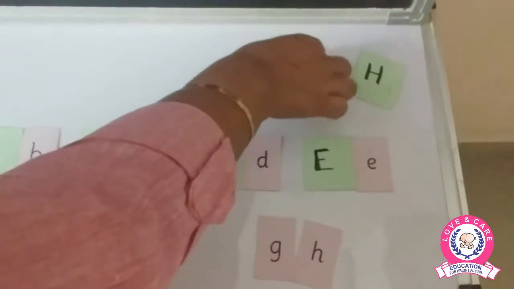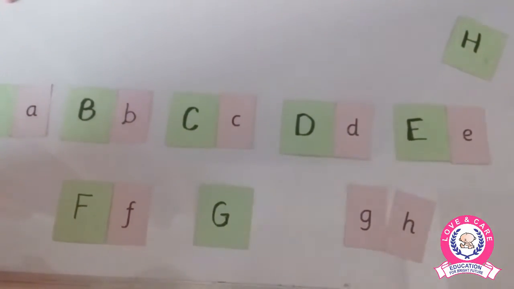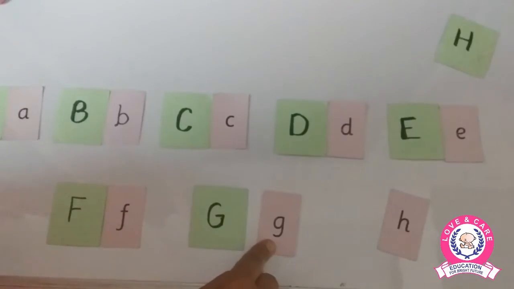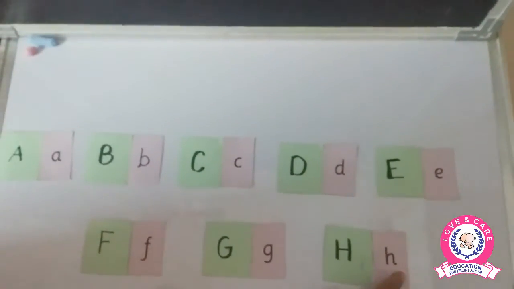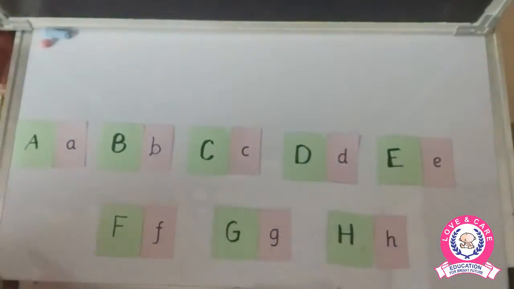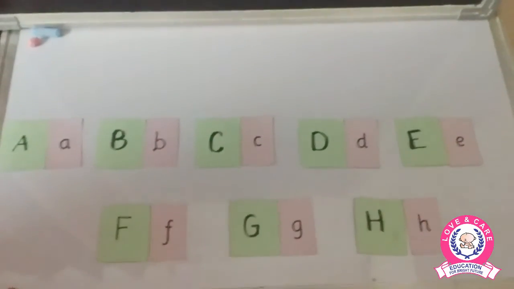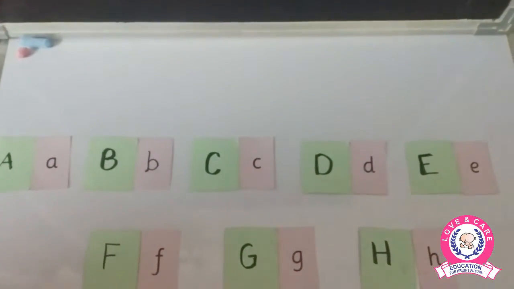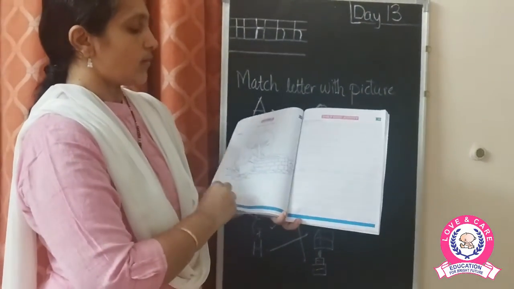So now is the mummy letter G's turn. So where is the baby G? This is the baby G. Yes, so mummy and the baby G. And now this is the mummy letter H. And this is the baby letter H. Because till today we have done the H alphabet. These are the mummy and the baby letters. Okay, children. So you can also in the same way make a flashcard and play with your mummy.